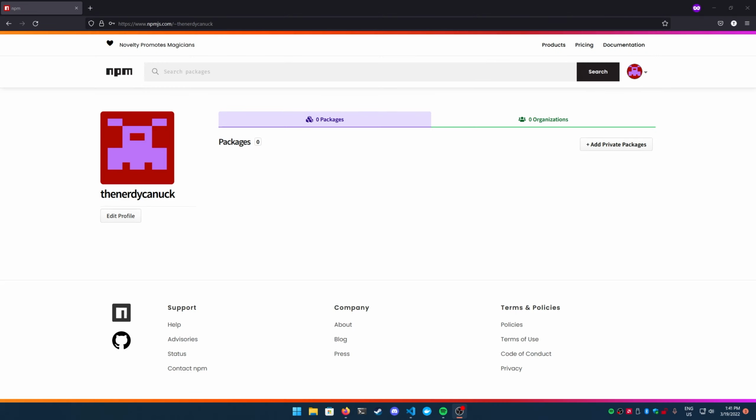Whenever you run an npm install, you're installing a package from somewhere. Usually it's from the npm.js repo, the main repo that provides most of the npm packages. There are other repos that exist, but this is generally where they're all stored. That being said, if you create your own package and you want to upload it here, this video is going